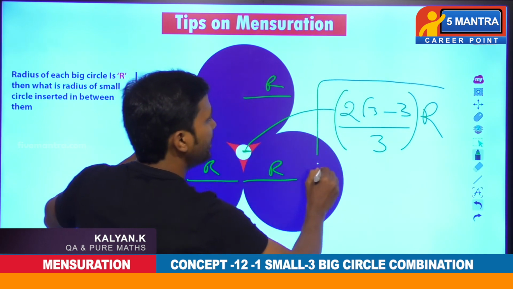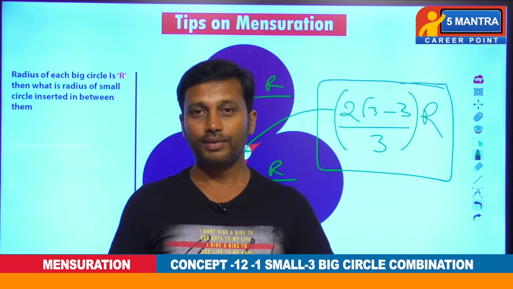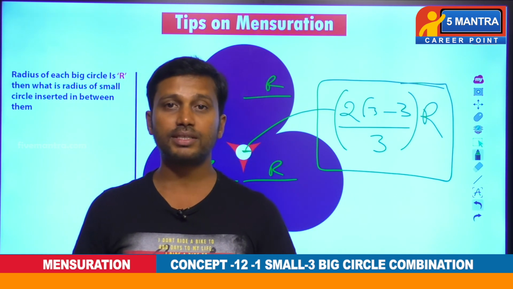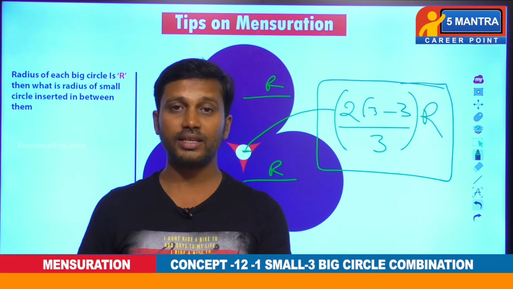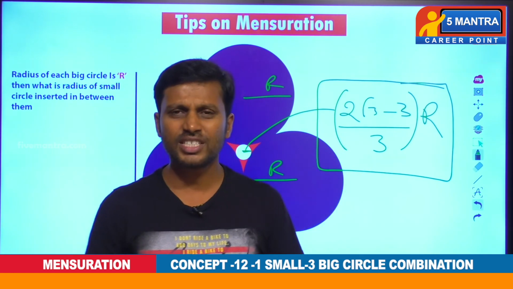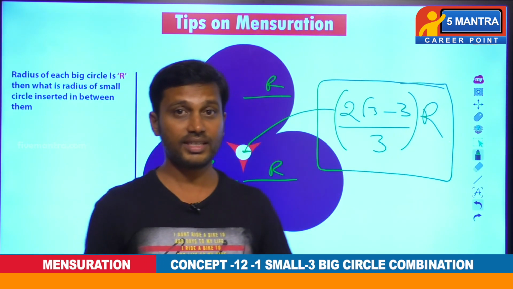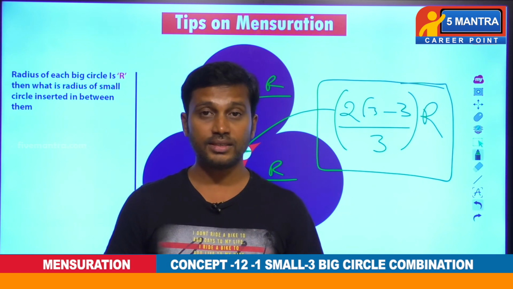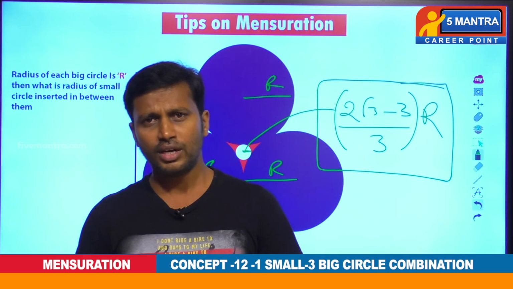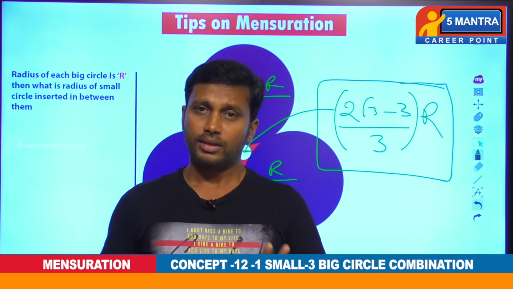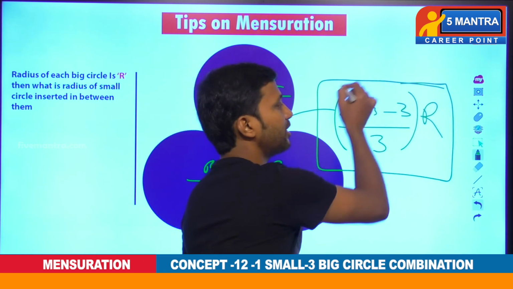R. This is your final technique, which is very smart, because we did the analysis for up to 15 minutes, then we got this result. If you can remember this, you can solve the problems very easily. Within a fraction of a second, you can just put in the value of R and get the small radius, isn't it? So try to analyze the things, and I'm telling you guys, even though this is a technique, don't follow it blindly. Just go through the analysis and then finally keep this result in your mind,